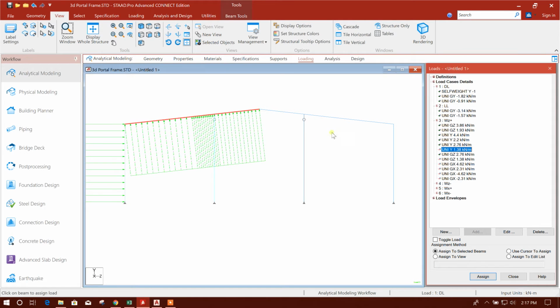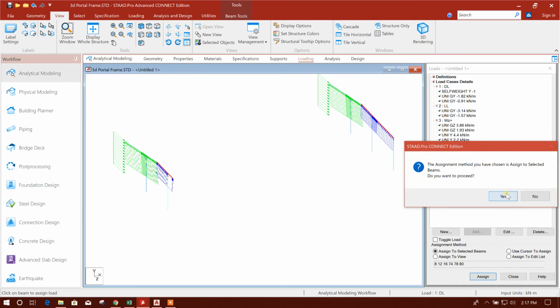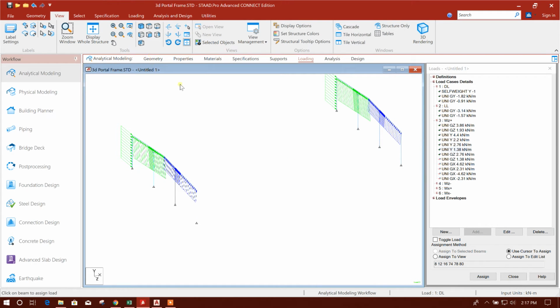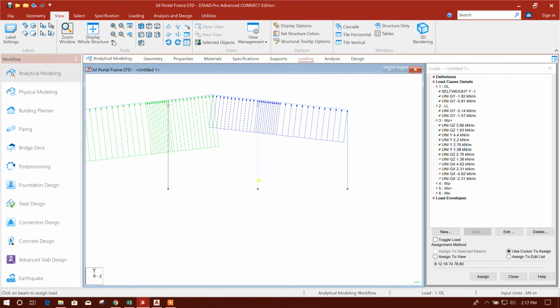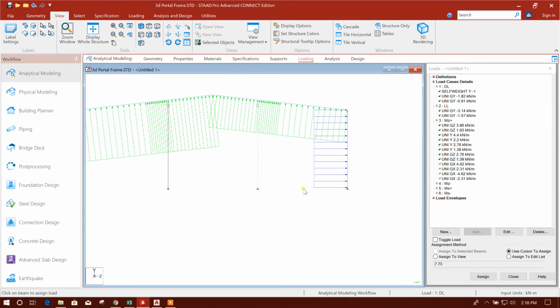For leeward roof load, select this, then assign to selected beam. Yes, okay. Now for the leeward wall, this one, assign. Yes,